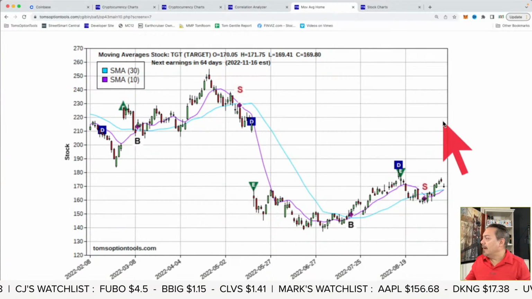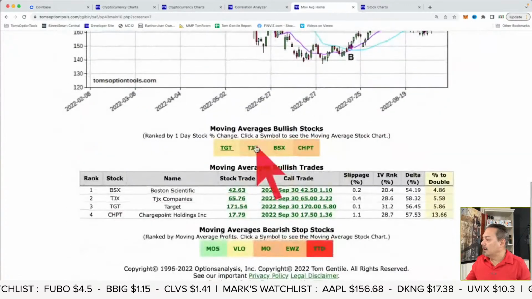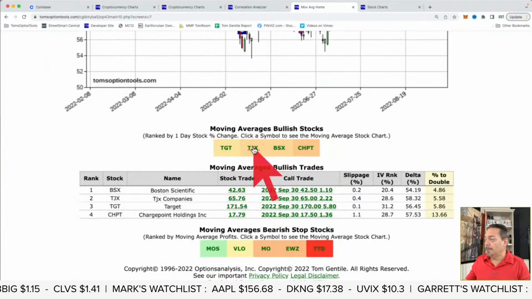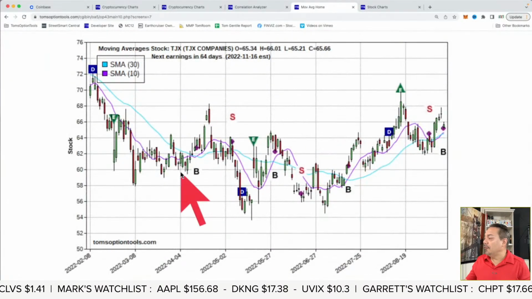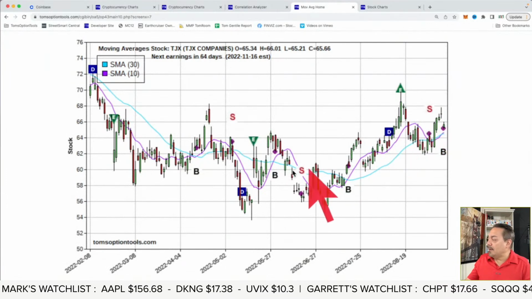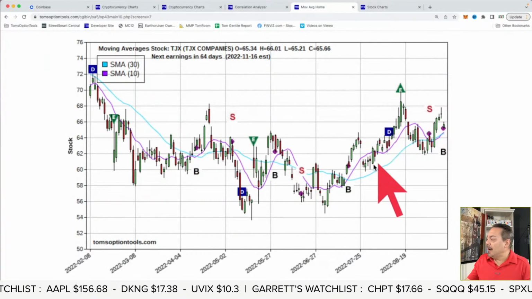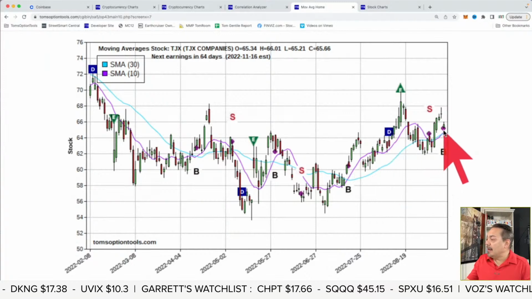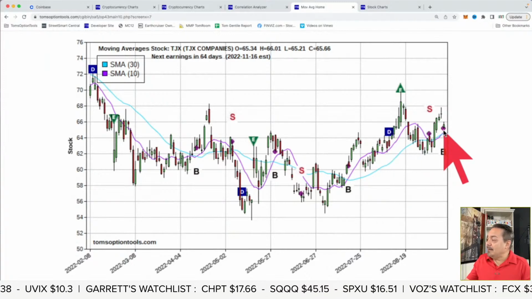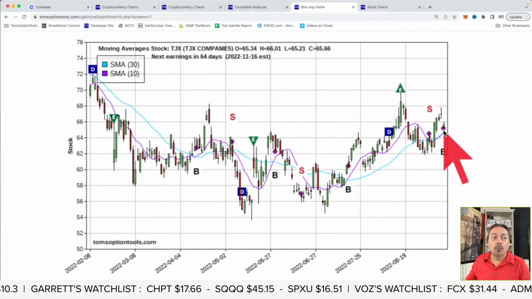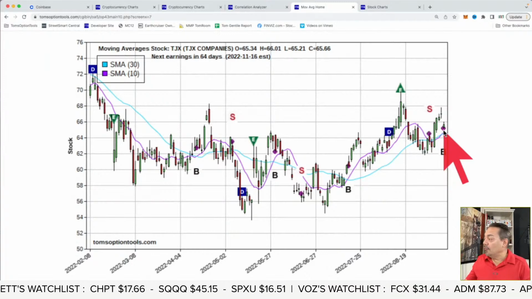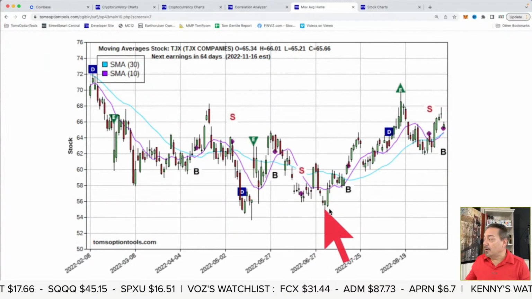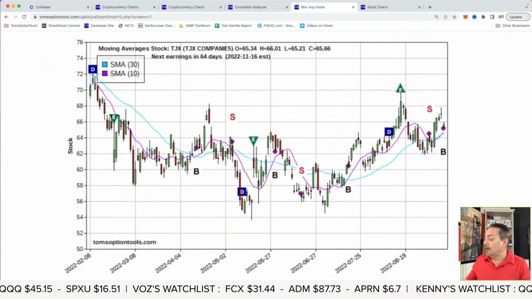Let's take a look at another one. Let's take a look at TJX. TJX Companies, also a retail store. TJX Companies seems like it's got this really long cup and handle formation. Last few buy and sell signals have actually been pretty good. And we've got something popping up today. This one might actually make the grade. We'll see what it looks like tomorrow when we add the noise filter to it. But so far, Target, TJX, potentially bullish opportunities.